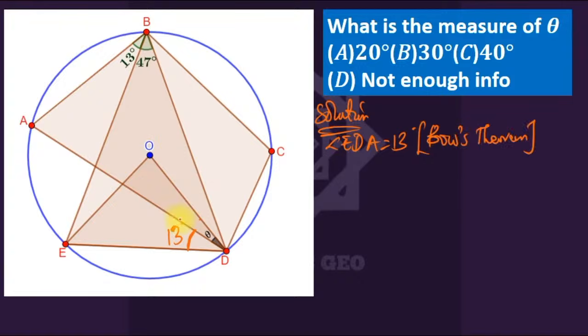And since what I've said before, there's a relationship connecting this angle with the inscribed angle here. They always sum to 90. So since this is 47, this should be 43. I've done that in my previous video. So if you sum this angle, I'm saying that if you have